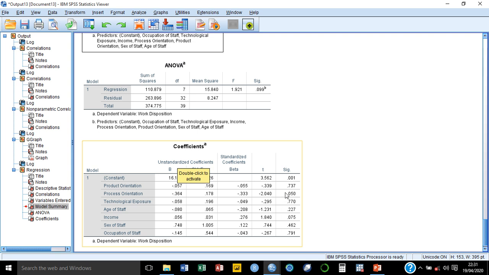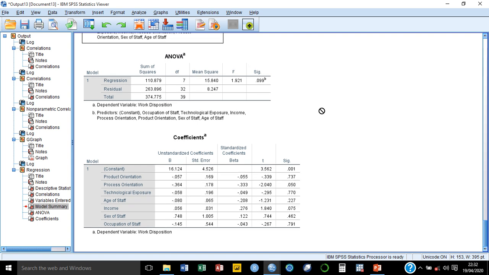And process orientation, like we saw, had a significant correlation with work disposition. But here it's 0.05, and the rule of thumb is once it is greater or equal to 0.05, we accept the null hypothesis. So here we say that it has no significant impact on work disposition. So this is where we stop